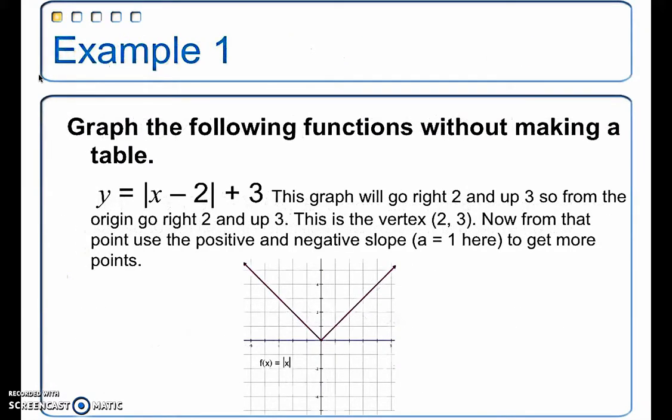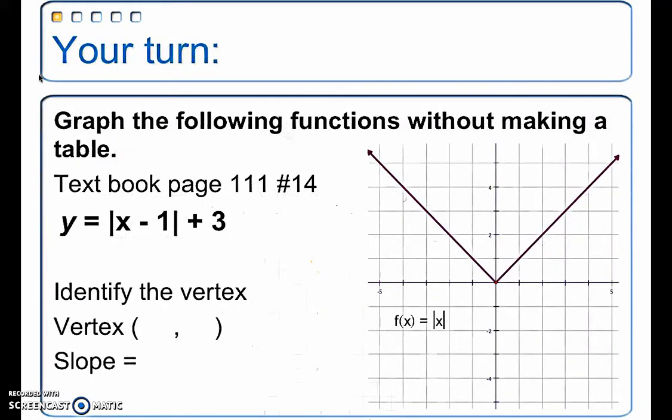Here's an example to graph. If we're going to graph y equals |x - 2| + 3, I know that the vertex is now at positive 2. Okay, so for this one, the